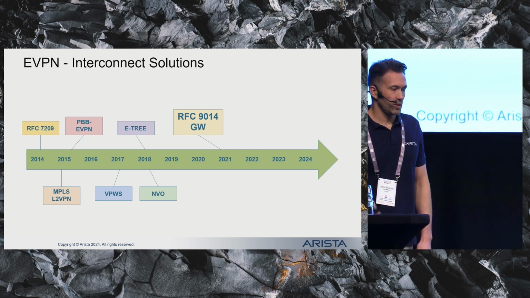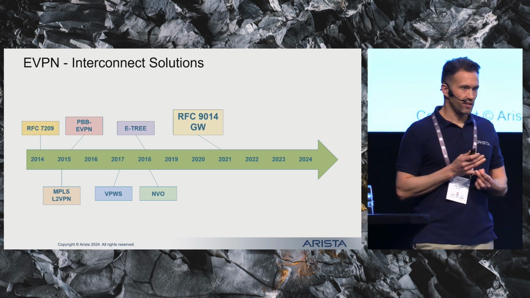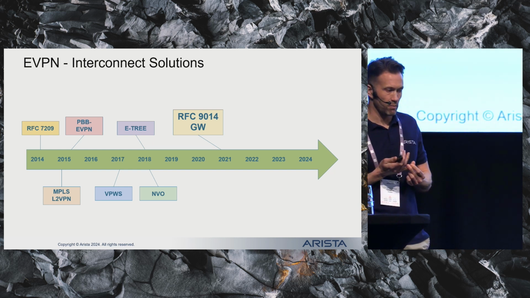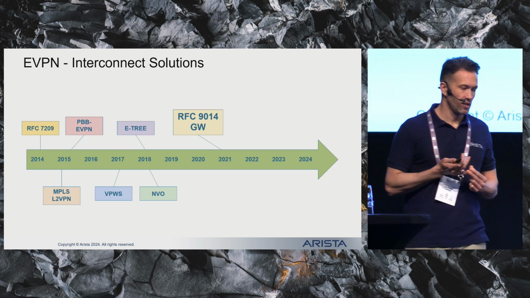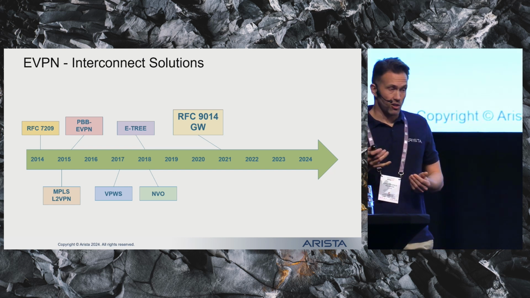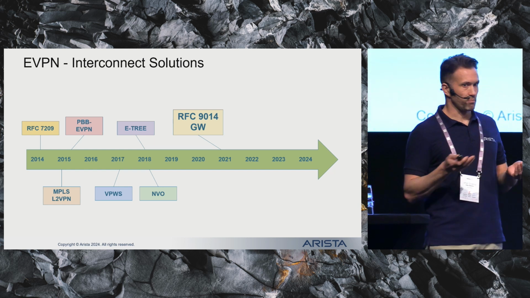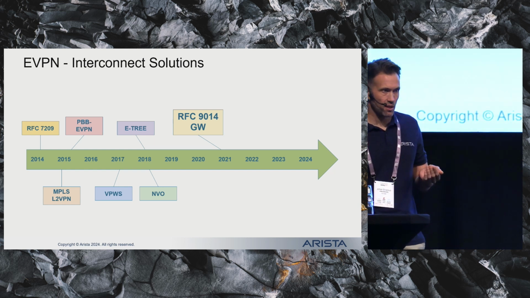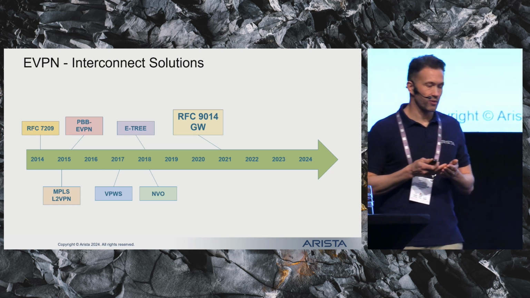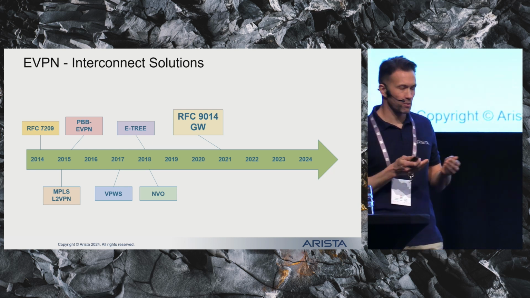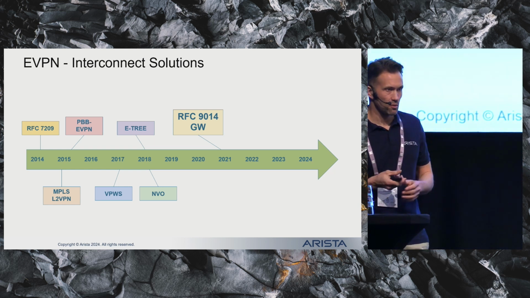So one way to tell if a technology is successful or not is the need for functions to make it scale better. And this is the case with EVPN, especially in the data center. I mean, EVPN VXLAN by itself scales much better than a pure layer 2 network, but even EVPN has its limits, right? So if your network grows bigger and bigger, it's going to come to a point where you need to split your EVPN domain into multiple domains.